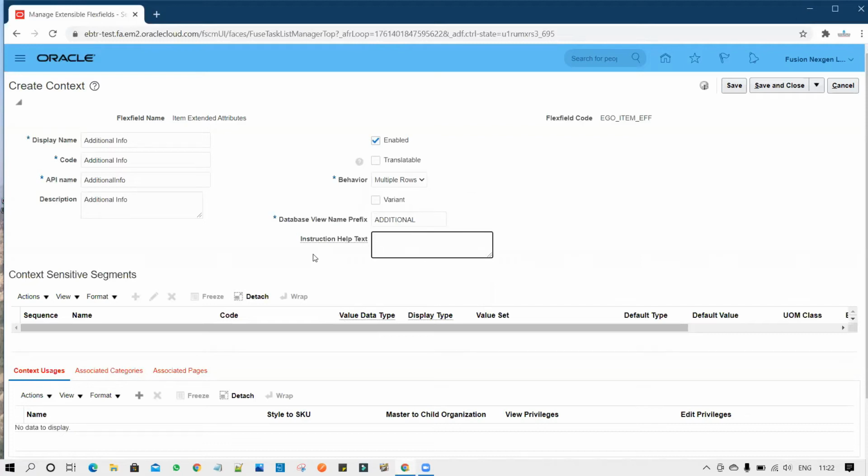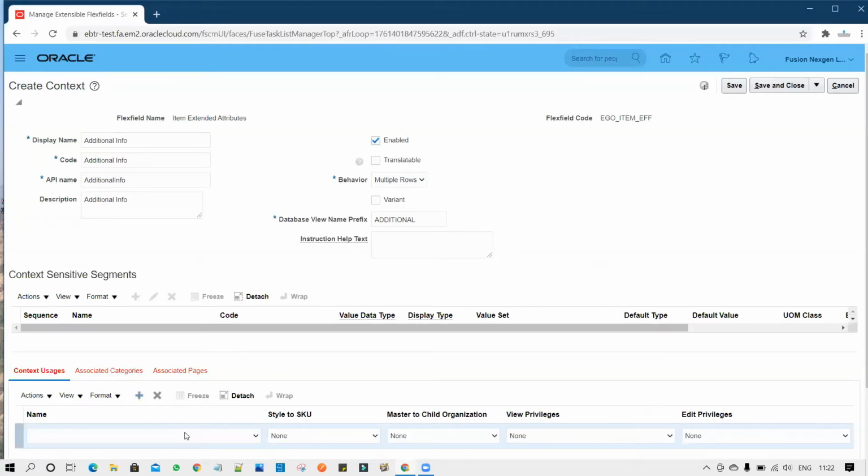Now you can put instruction. We have already seen that in my previous video. Now you have to add the context uses. I want to create this extensible flex field at the item level. I want it to be inherited.